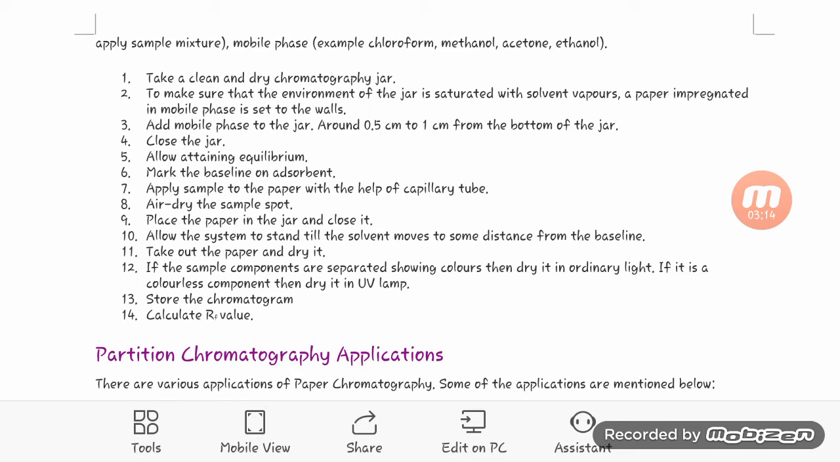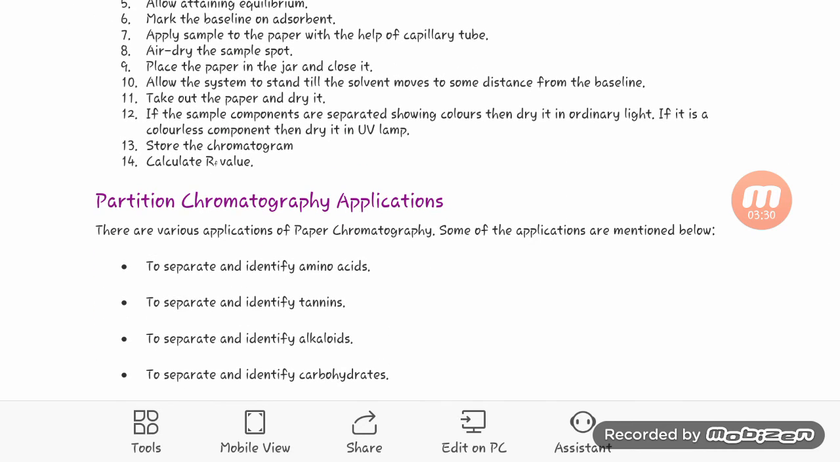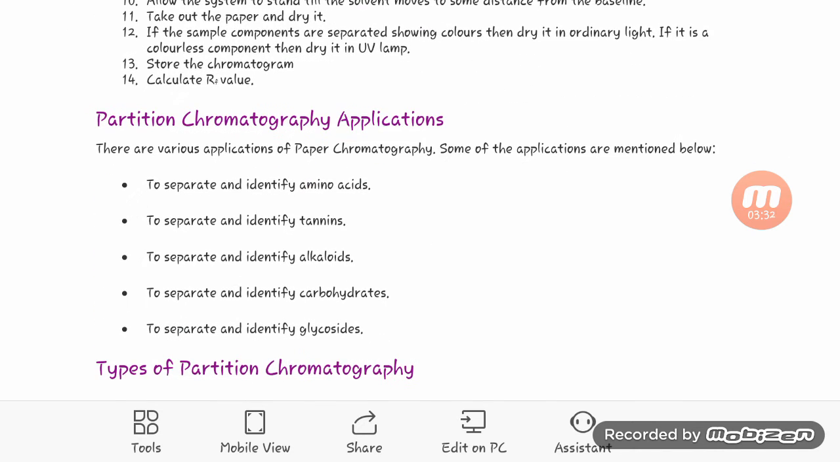Take out the paper and dry it. If the sample components are separated showing color, then dry it in ordinary light. If they are colorless components, then dry it under a UV lamp. Store the chromatogram, then calculate the RF value. So let's see the